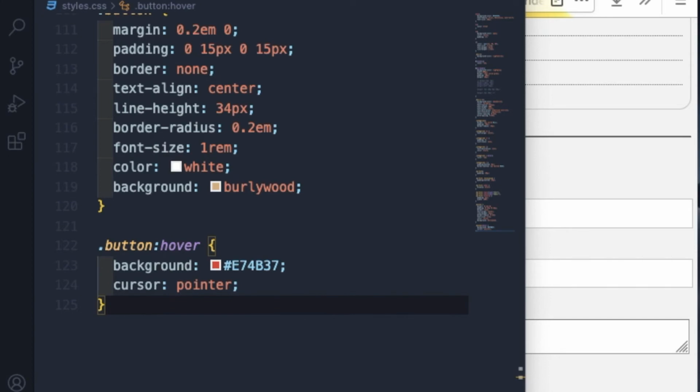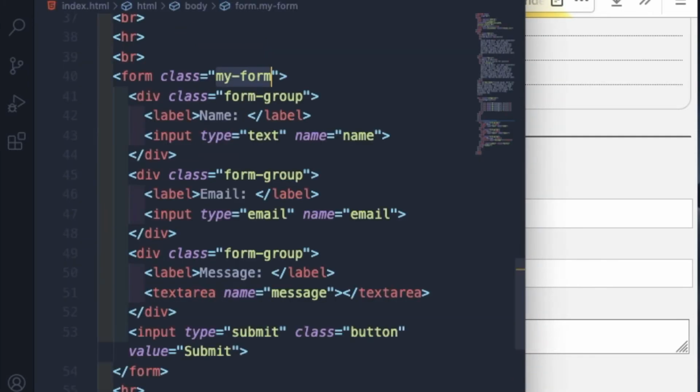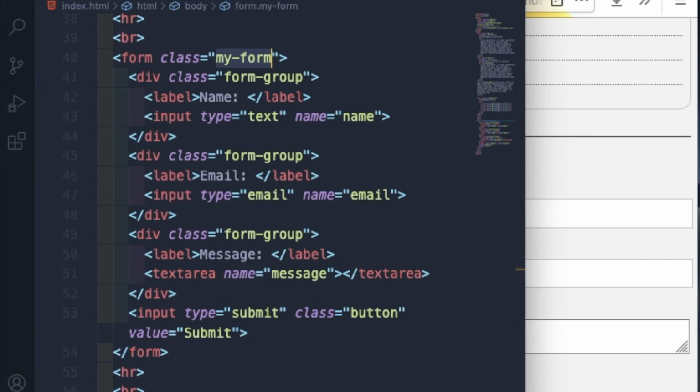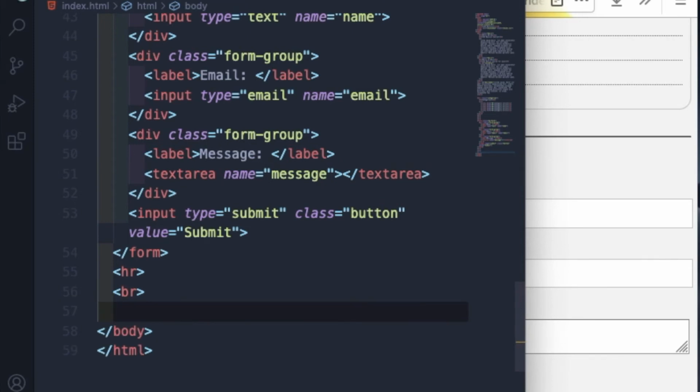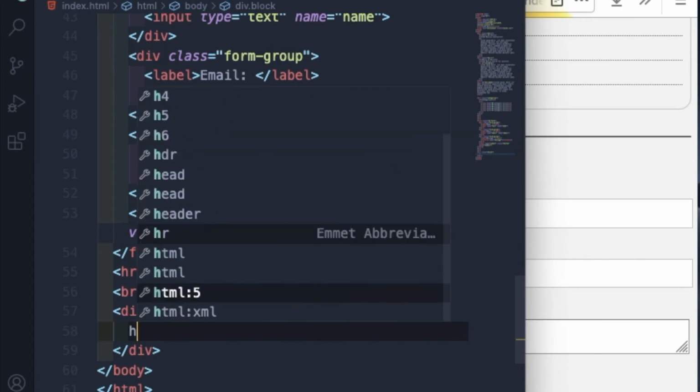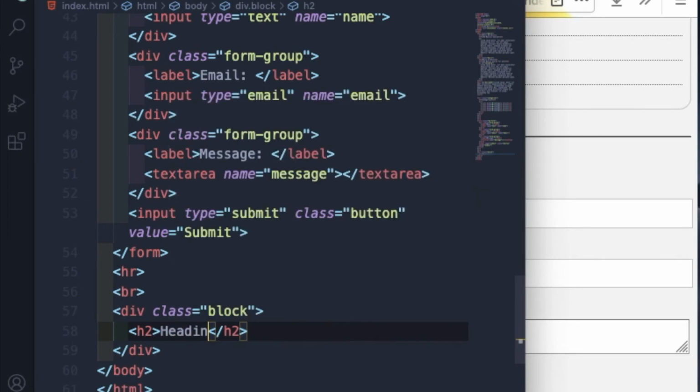So let's move forward, and now we will learn about alignment and floating. For alignment and floating, this is a very important way by which we used to work a lot till 2016-17, because there were no CSS grid or flexbox, which are still an advanced topic, and you will find this floating thing in many places. So let us move ahead for this floating, and what we will do, we will create three divs with block class, div dot block,